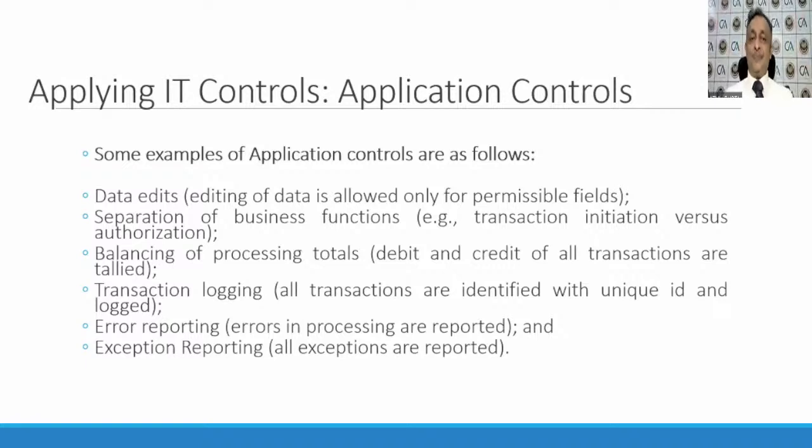Okay. Now, so separation of business function we have done. Balancing of control total. So in bank audit, those who are going to go for articleship, and once you get a chance to go for bank audit, in the long form audit report, an audit format which is done by a branch auditor and submitted to RBI, there is a question whether the GL and SL tally. Please understand, you have read general ledger balancing entries in your accounts. So that is balancing of control totals, processing totals.